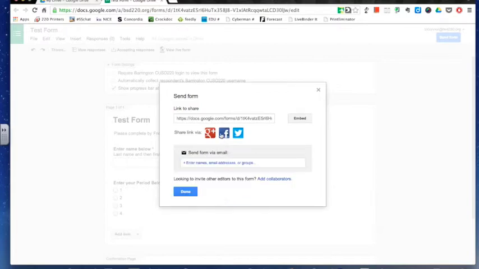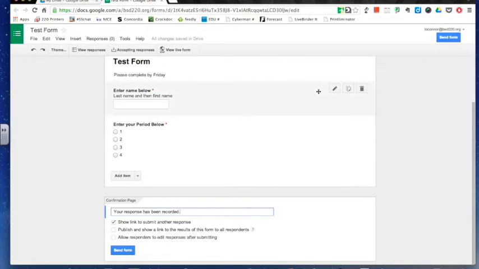In addition, here is also the link that you can share with people, and you can also add collaborators if you wanted to create a form with somebody, which is a nice little touch. So then finally, once you're ready to view the responses and people have submitted, you can see that I don't have any responses yet because I just created this, but you can click on View Responses,